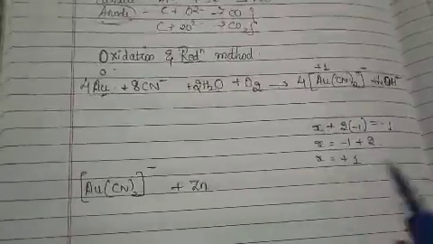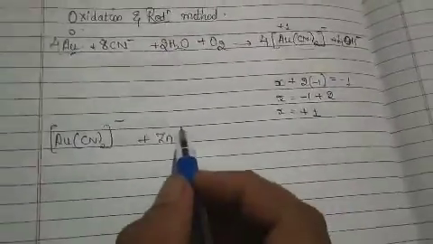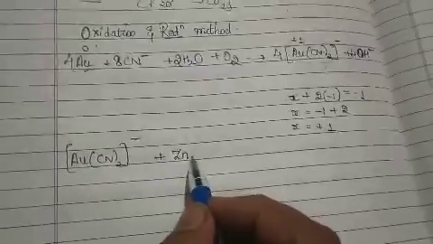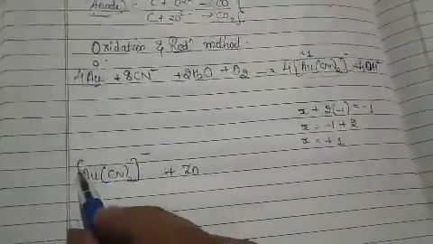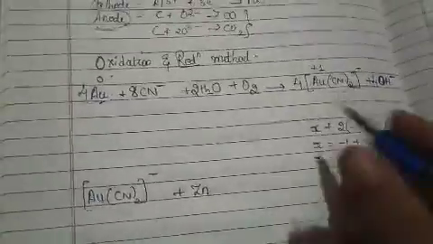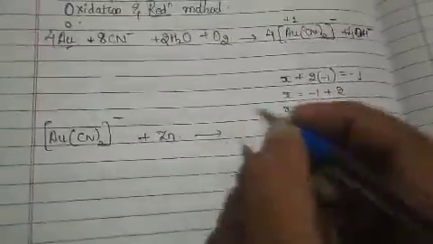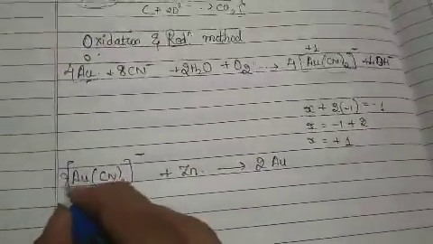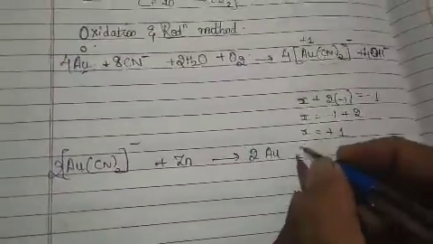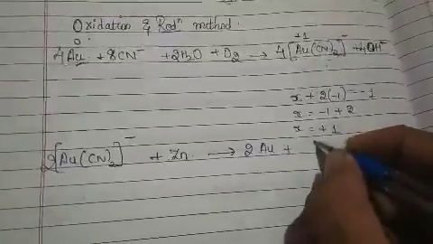You will be getting an option. So zinc is a better reducing agent over here. What it will do now is go inside this complex, and in turn the gold will be kicked off. So what you're going to get over here is 2 times Au. If I put here 2 times AuCN twice plus Zn